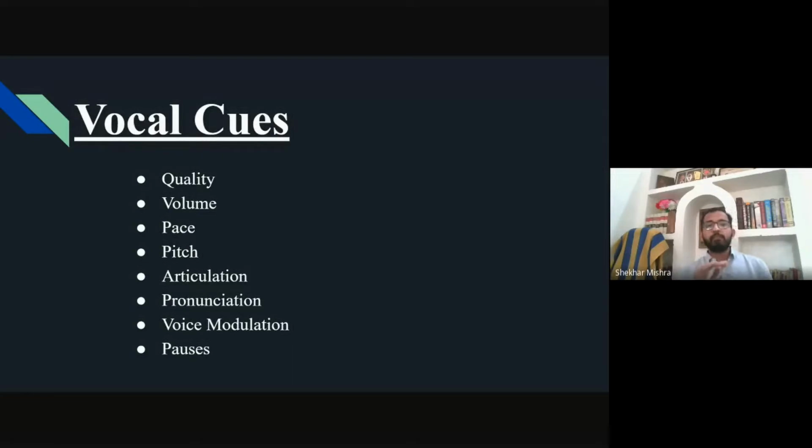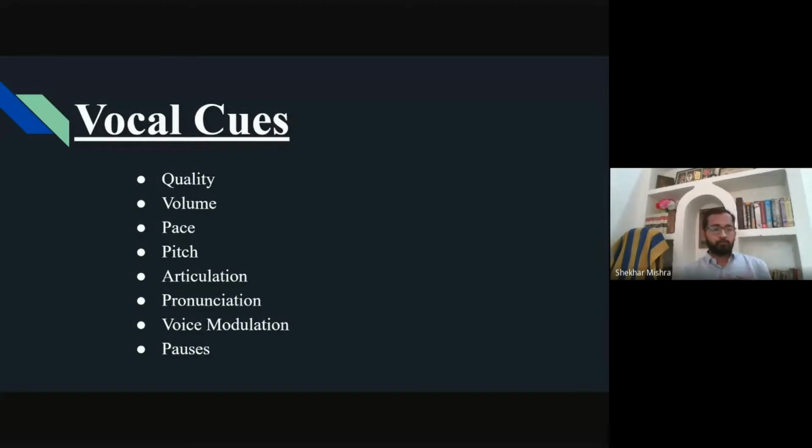Live examples of that are the President of America, Abraham Lincoln, and Sir Winston Churchill. They were not good speakers by birth, like our Prime Minister Narendra Modi or Atal Bihari Vajpayee. They are not good speakers by birth, but they have trained their voice, they have trained the quality of their voice, and become very good and renowned speakers. So the thing suggested for improving the quality of voice is training.